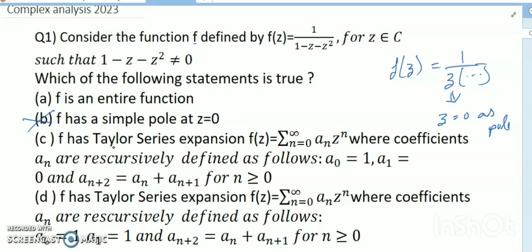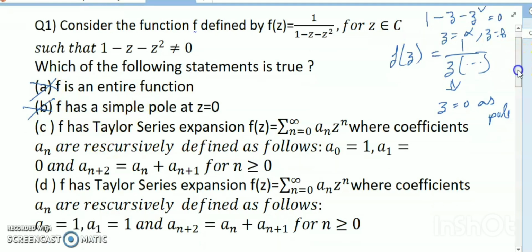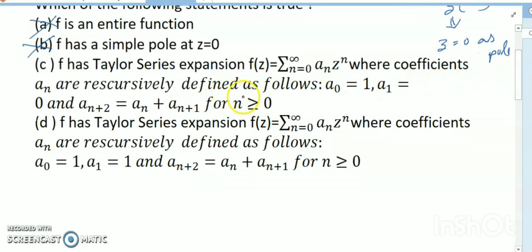Another case is f is an entire function. So friends, f is an entire function means it is an analytic function, z belongs to C. So in case I say 1 - z² = 0, then I get z = alpha and z = beta. So I get 2 points where it is not analytic. So f is an entire function, this is also wrong. Okay, so next case is f has a Taylor series expansion